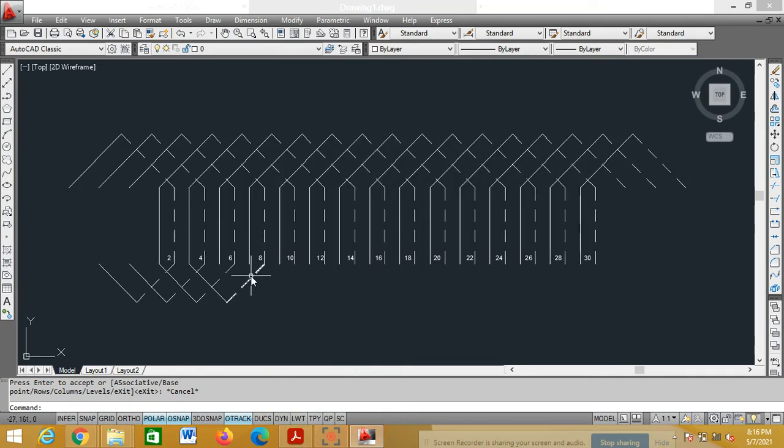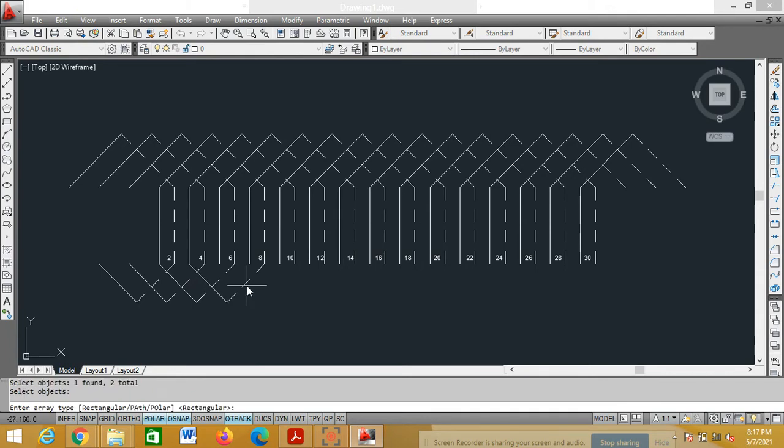Similarly for this also I can make an array. How many I want, you have to cross check. Here I'll get 1, 2, 3, 4, 5, 6, 7, 8, 9, 10, 11, 12, 13. Including this, it is 14. So I have to go for 14. Go for array. Select these objects.